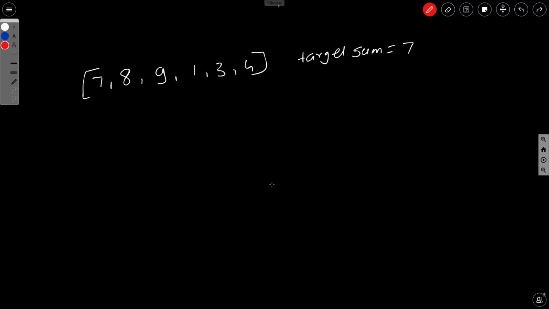So what does it mean? That we need to write one function which will be returning one array, and the sum of the elements from this array will be equal to the target num, which is 7 in this case. So for this particular example, our function will return 3 and 4 if it finds the addition of these numbers is equal to 7. If suppose we don't have 3 and 4 in our array, then this function will return an empty array. So this is the problem statement basically.